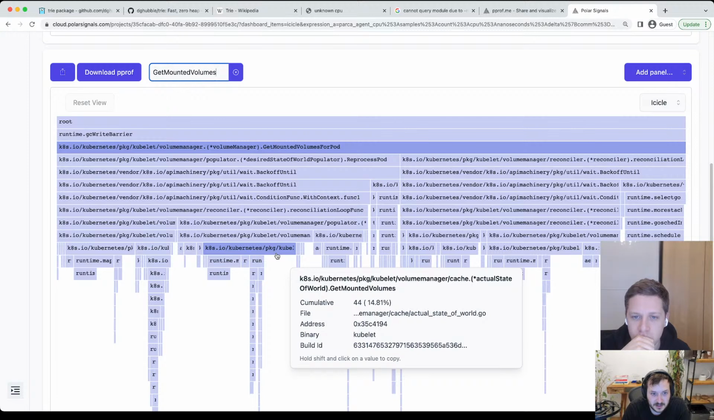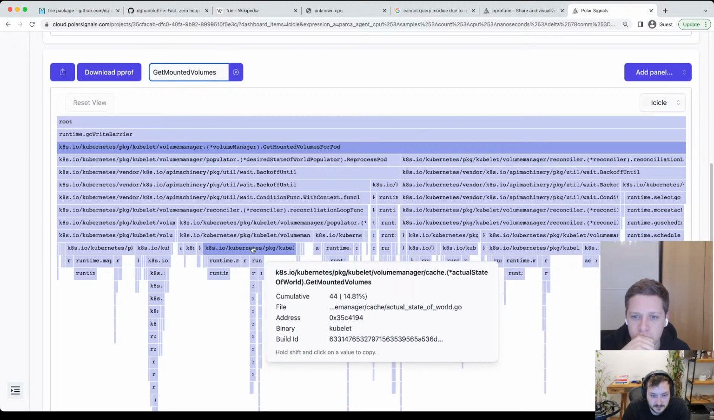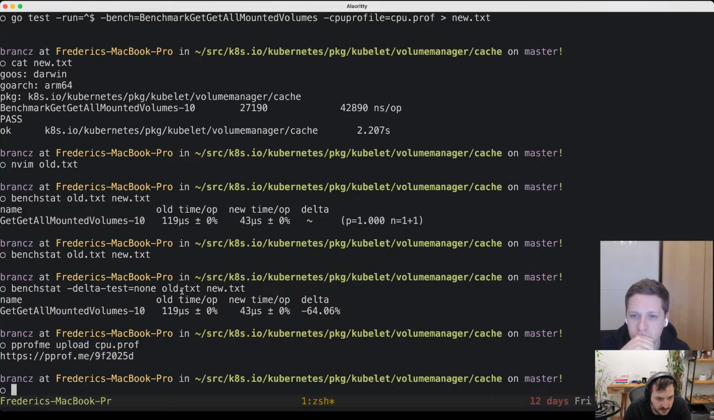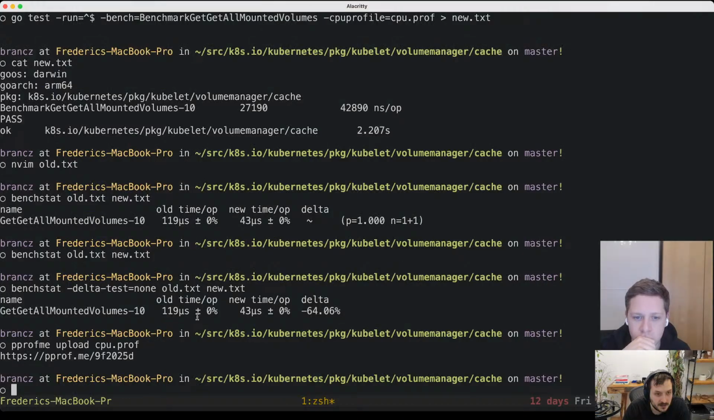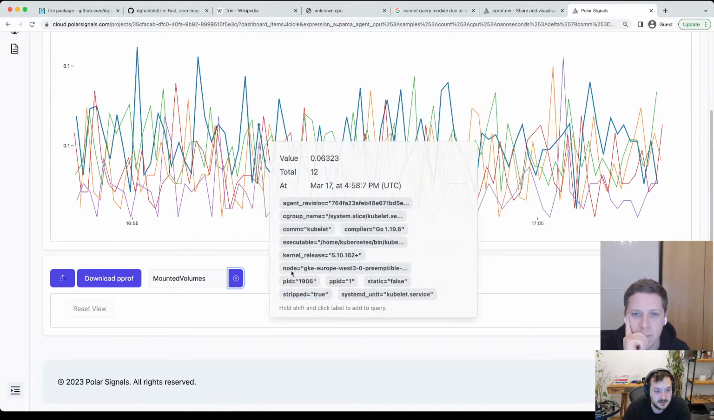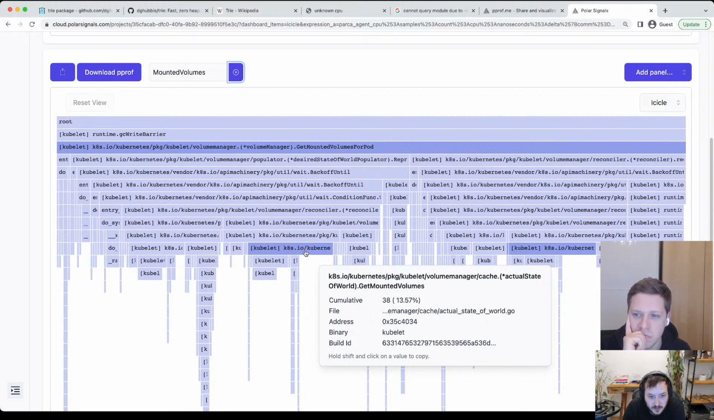So we've got this. What was the function called again? Get all mounted volumes. Okay, so what if we changed this to this? Aha! So that's what I was trying to get to. So actually, because we're optimizing two very similar things, we would be optimizing away probably a good chunk of this